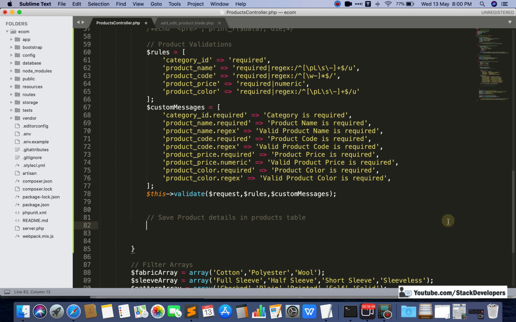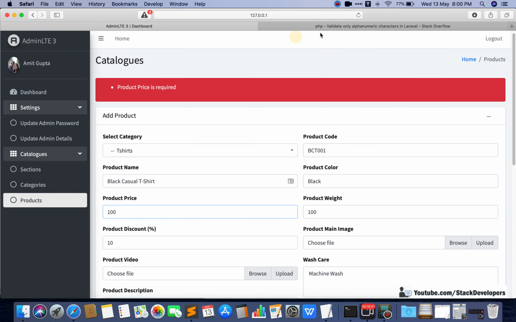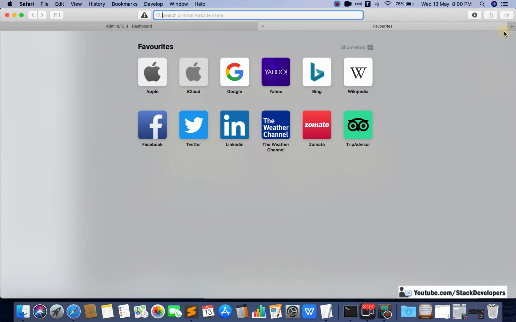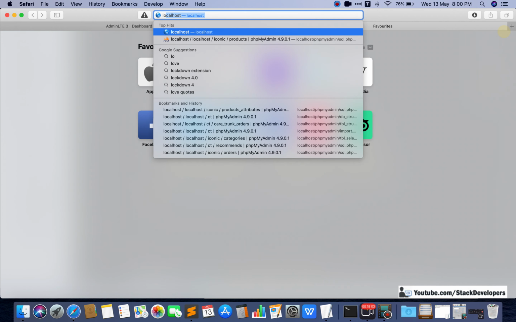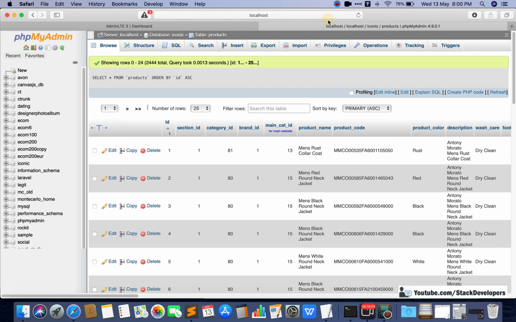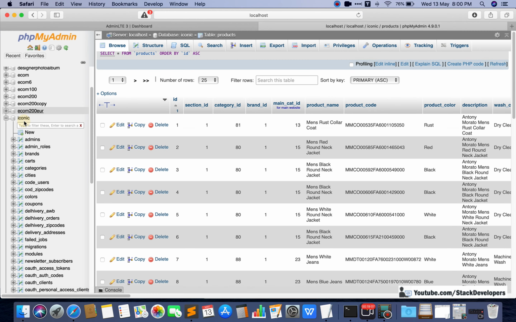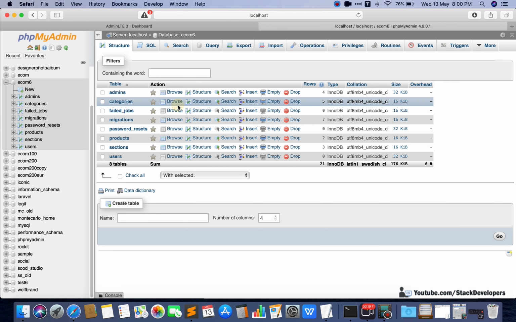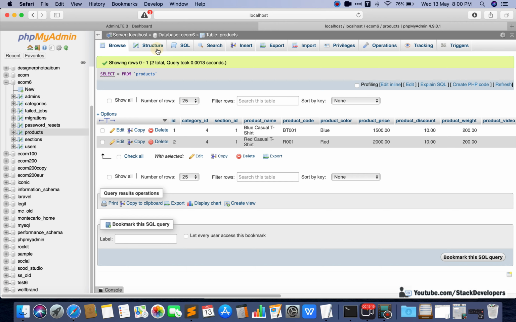Now I am going to add all the details, but first of all I want to fetch the section id as well. We have the category id to add, but we don't have the section id. We will open the database here and open the product structure.